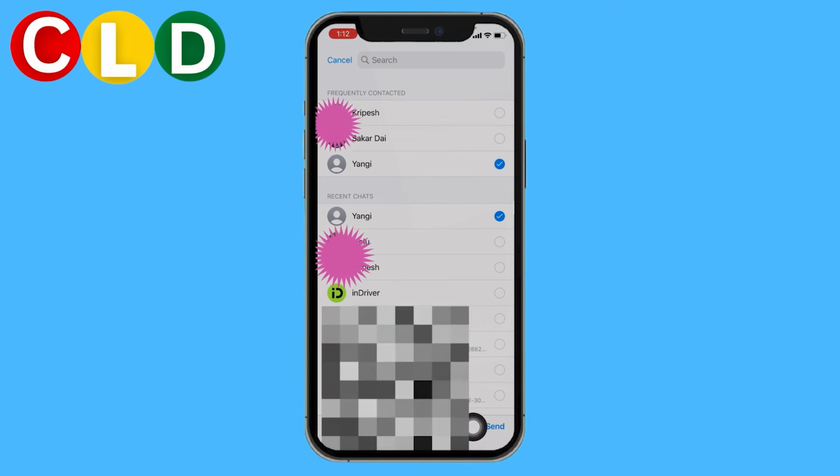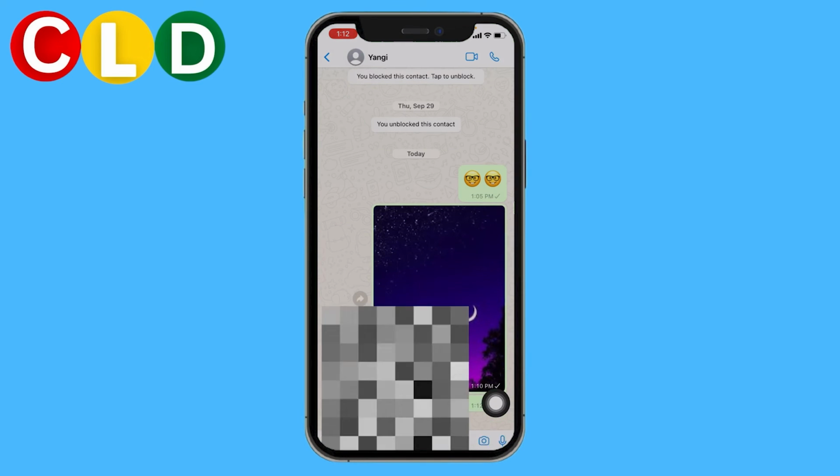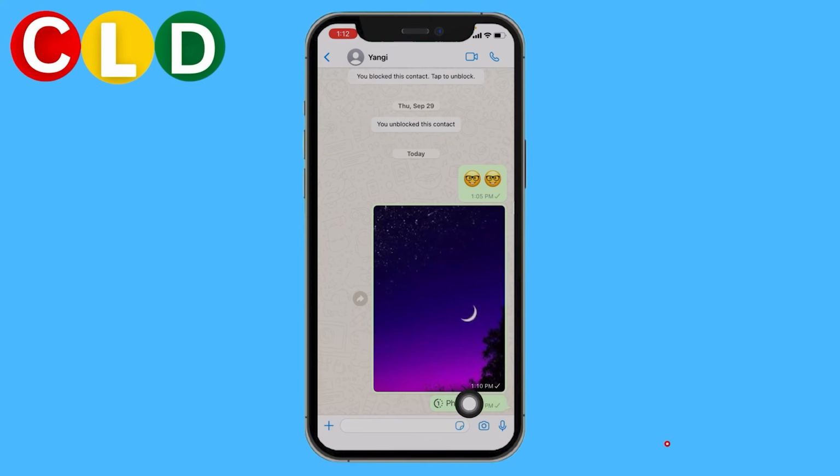Again tap on send, given at the bottom right corner. You can see that photo has been sent. The person can only view this photo for once. In this way, you can easily send photo as view once on